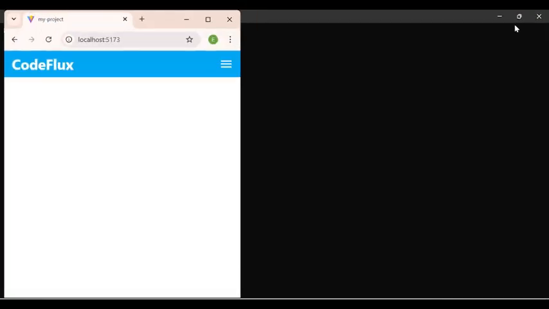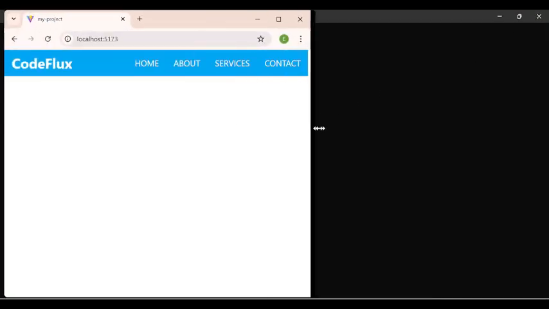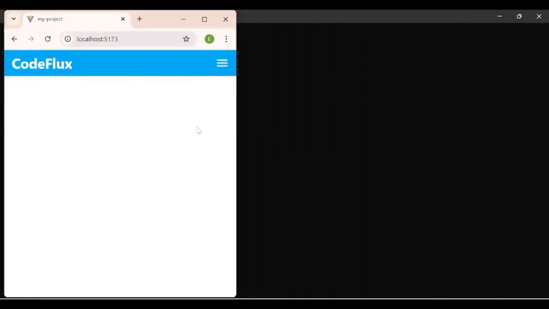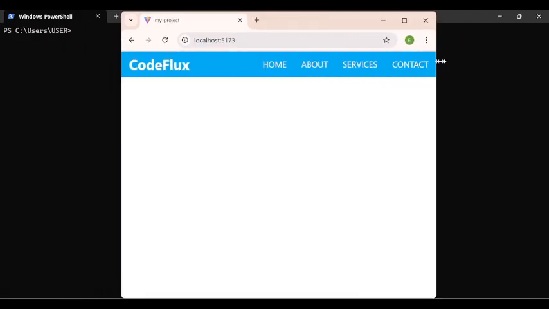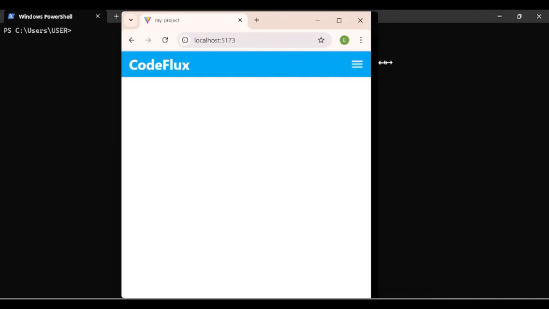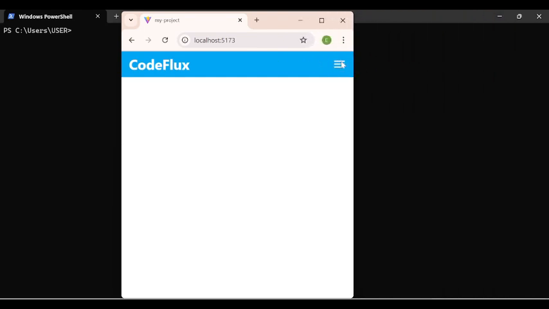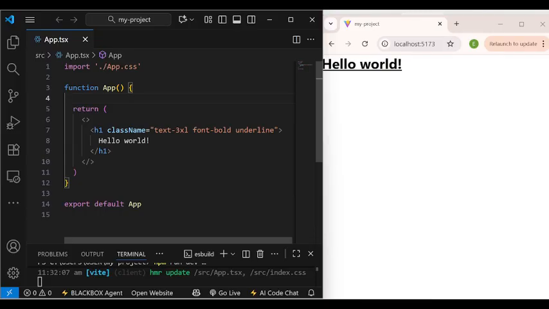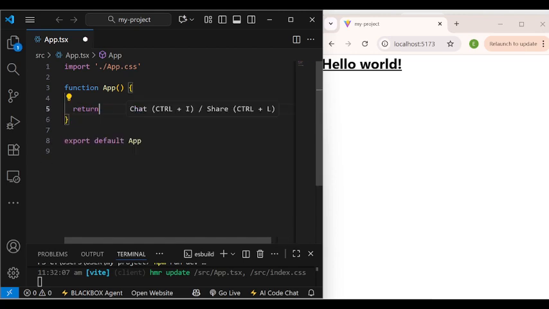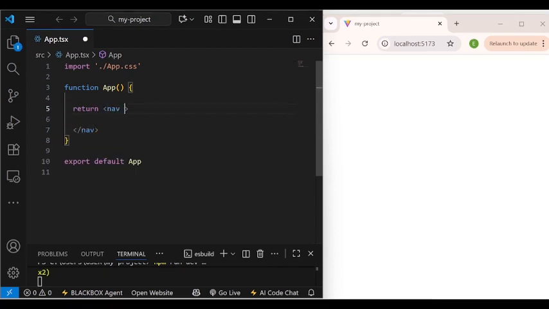We'll be building a clean, responsive navbar today from scratch using React, Vite, and Tailwind CSS in just 7 minutes. You can see our navbar is responsive. From our last video, let's remove everything in the App.css so that we can create our navbar